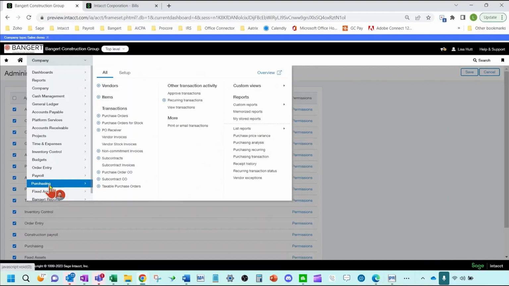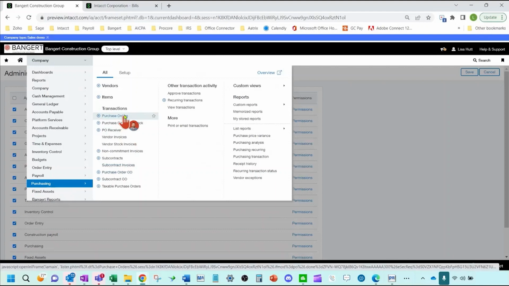Before they were limited to just reports. They could only see the quotes, and they couldn't go into the actual accounting documents.